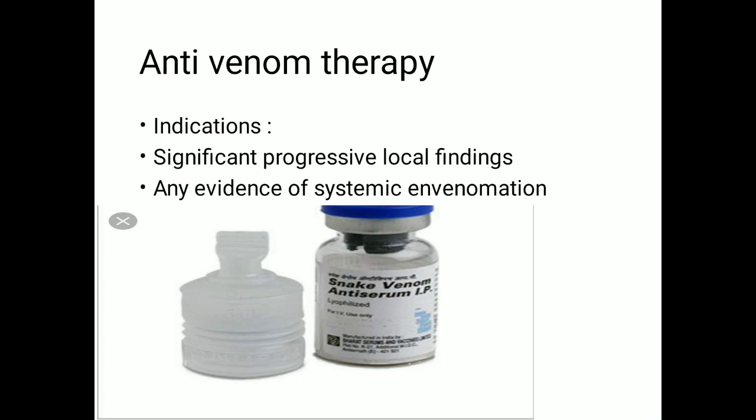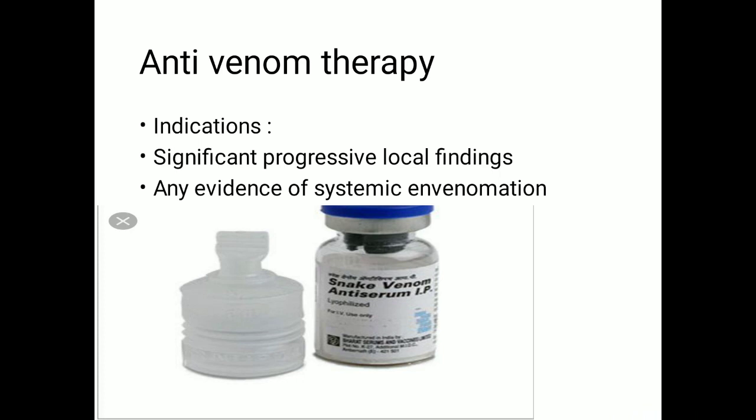So how does this antivenom act? Whenever it is administered to a patient, it goes and binds to the circulating venom and neutralizes the venom components before the venom can attach to the target tissue and cause its deleterious effects. But antivenoms are very specific to a particular snake. There is no cross reactivity. If you give antivenom of one snake, will it protect from another snake also? No, it will not protect. So they are very much snake specific antivenoms.